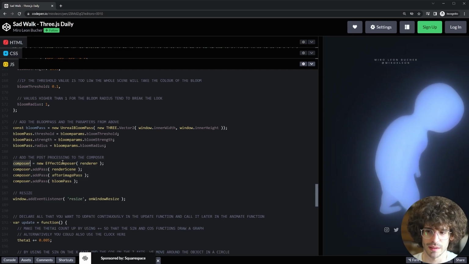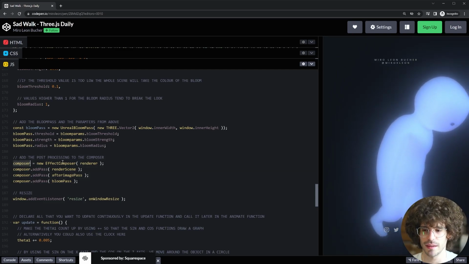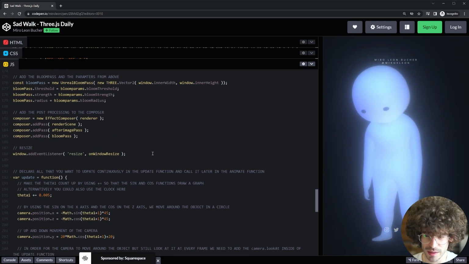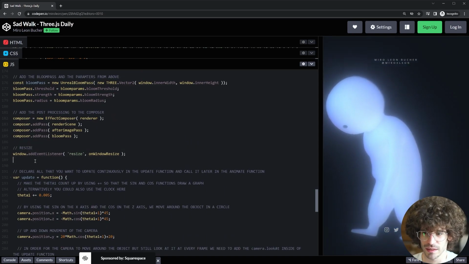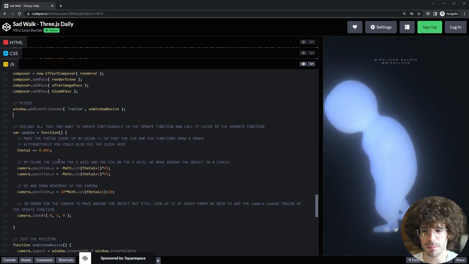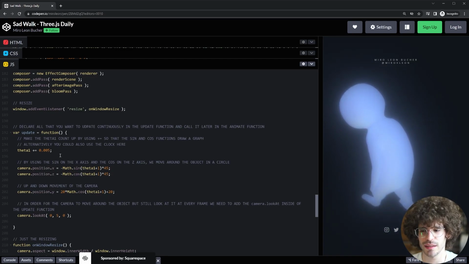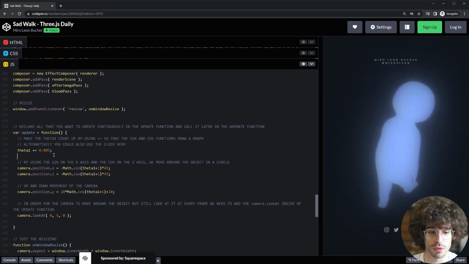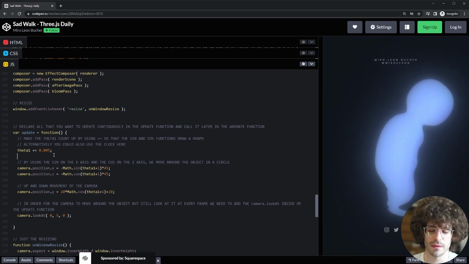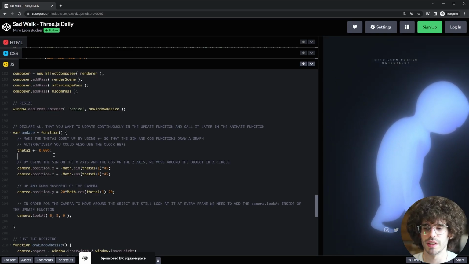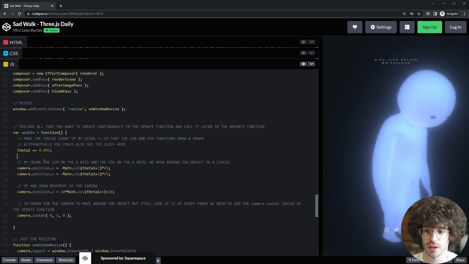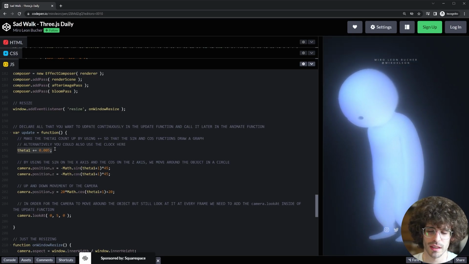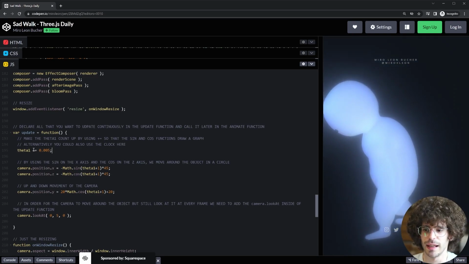So the composer is the thing that puts all the effects together and sends it to the renderer. And then there's some other stuff happening here, like the resize, which is another copy-paste thing. The update function I'm calling doesn't do too much besides animating the camera. I told you earlier the values we set for the camera are overwritten by what is happening here in the update function. So I'm using the theta1 here, but you can give it any name, and I give it